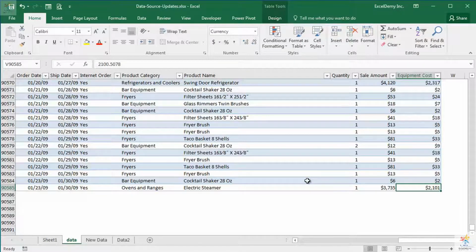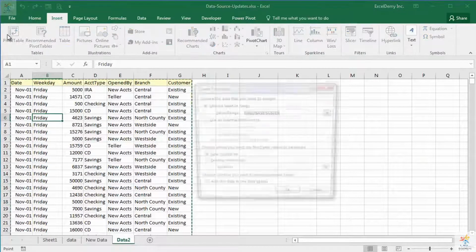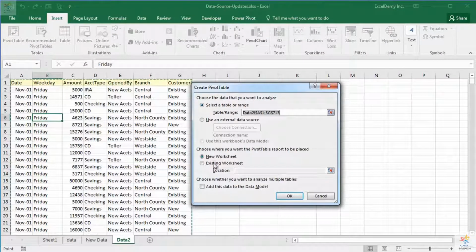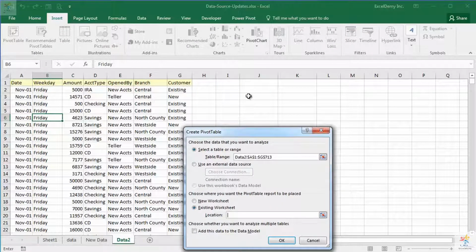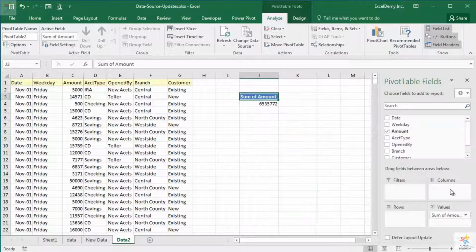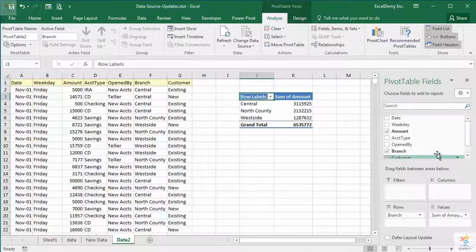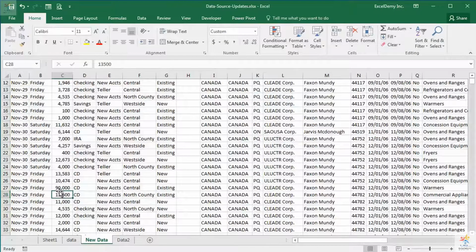But what happens when you create a pivot table from a range of data? Okay, using the data in the data two worksheet, I make a new pivot table. Then I add some new data to the data source.